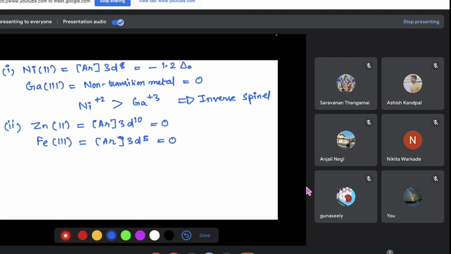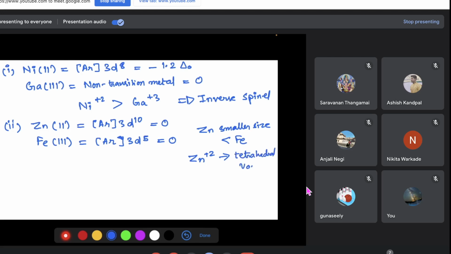Now we will go by size. So zinc has a smaller size in comparison to Fe. Okay, so zinc 2+ will occupy the smaller void, that is the tetrahedral void here,